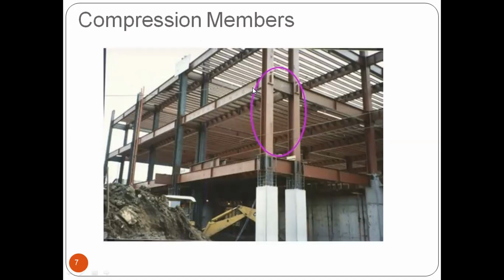See, your beams are connected laterally to the column, right? Again and again, there are plenty of beams on the top. Whatever load transfers from there to the column should transfer axially. But in practice, that is impossible. So due to that, the column may not have only an axial load.